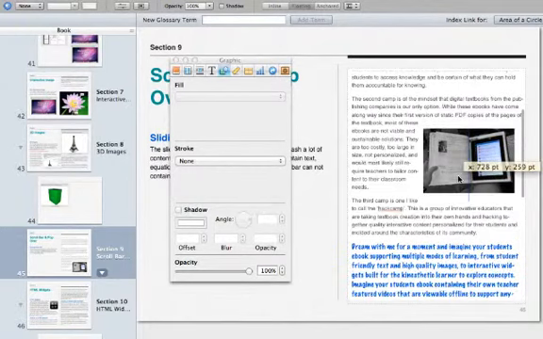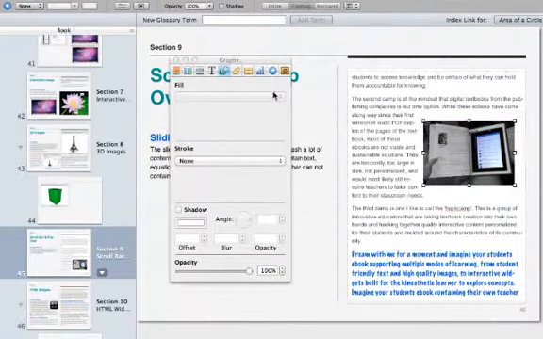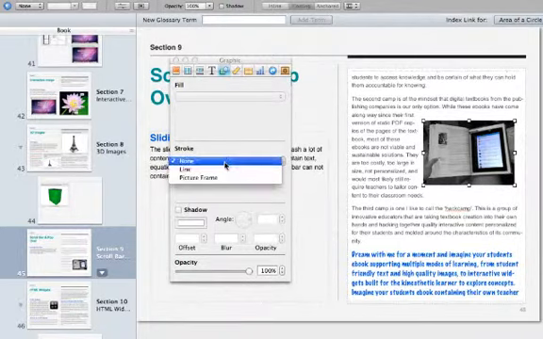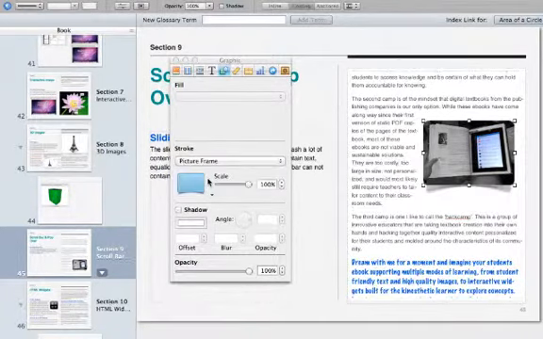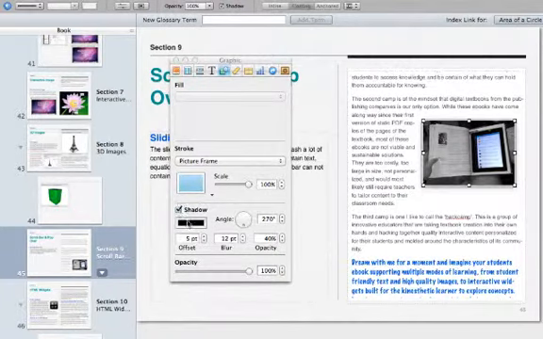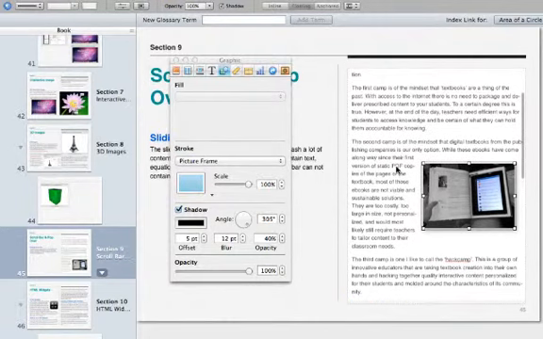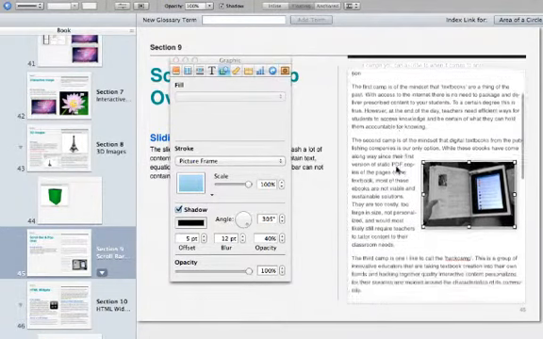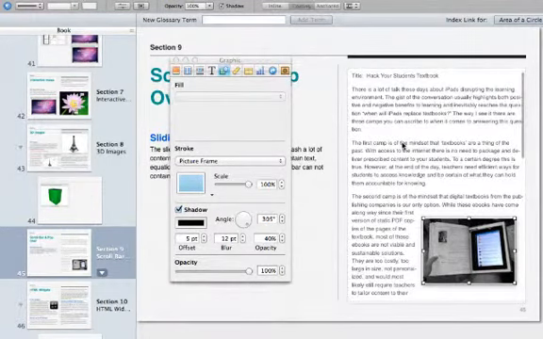I can add a little bit of a picture frame to that in the inspector. So while the picture is highlighted, I'm going to come over here and just add a picture frame. If I wanted it to be a different one and add a drop shadow to it, maybe give it a different angle, I could do that as well. So it's very similar to adding any kind of picture or text inside an iBooks Author page,